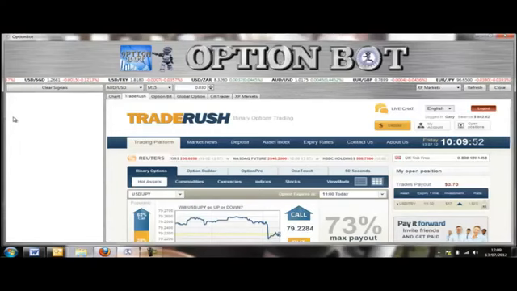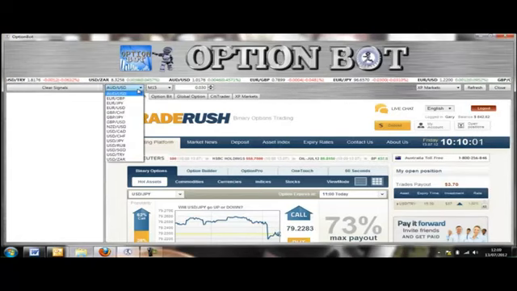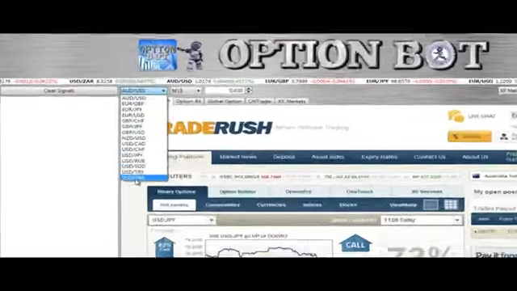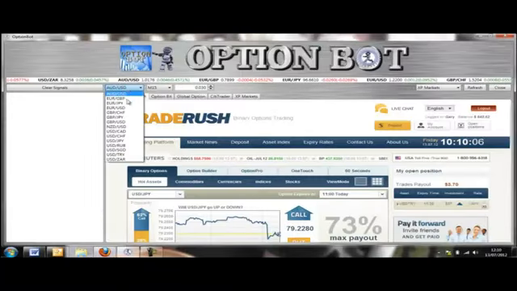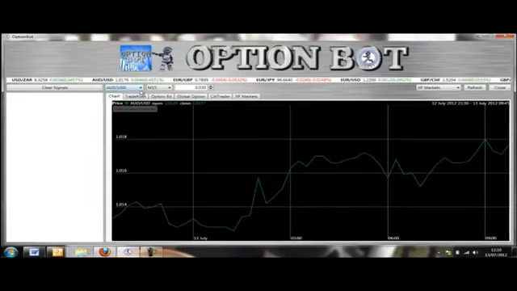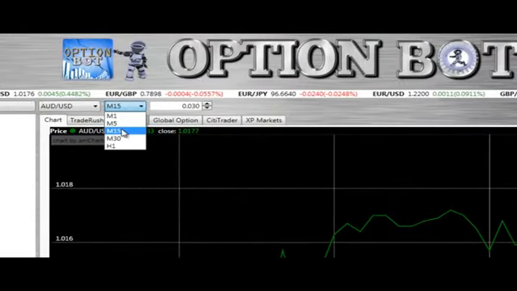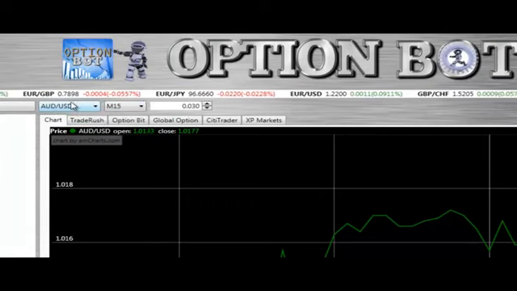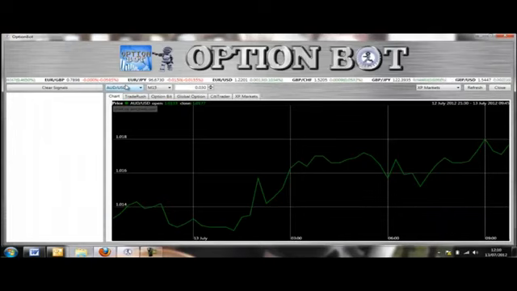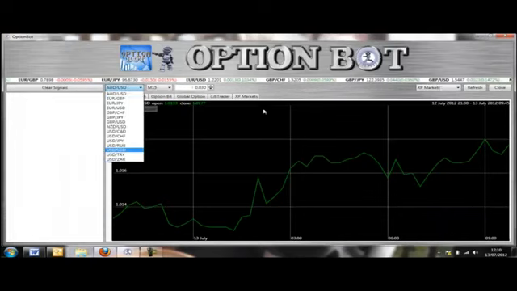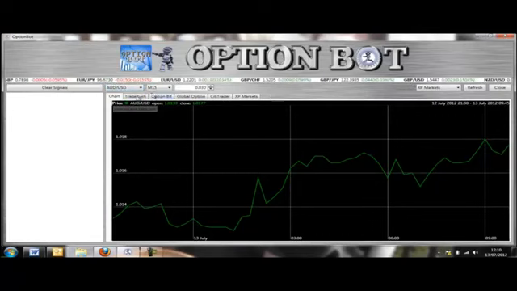This is OptionBot, the world's most accurate binary options indicator for currency pairs. On the left-hand side, we have 15 currency pairs that OptionBot constantly analyzes. To the right of the pairs, you can set the software to analyze the last minute, 5 minutes, 15 minutes, 30 minutes, and 1 hour. For the purpose of this demo, we're going to select M15, which means 15 minutes. This works by analyzing the pairs for upwards and downward movements over the last 15 minutes, and I have 5